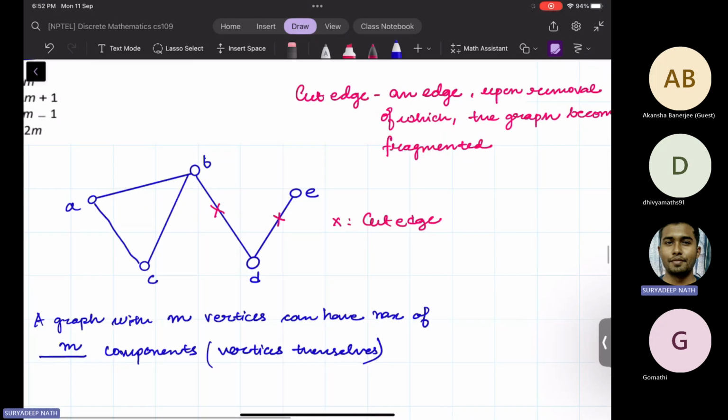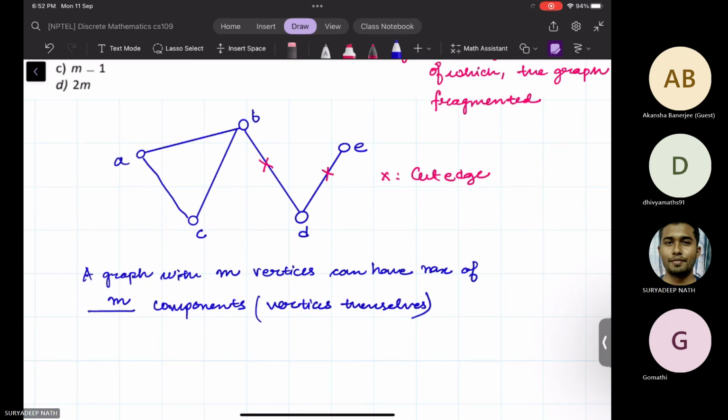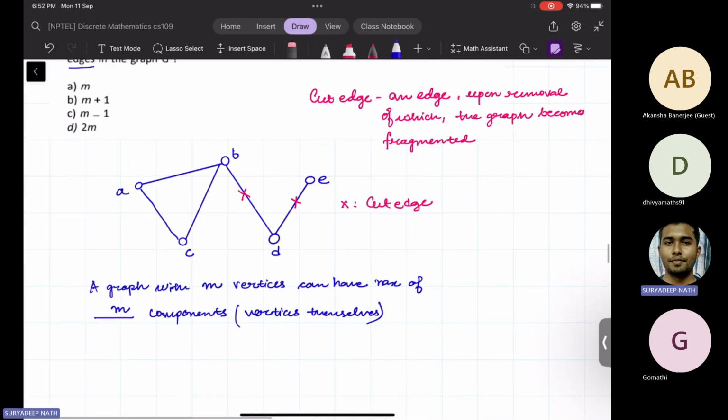If you have a graph with no edges, so just the vertices, that graph has m components, right? So now when we remove a cut edge,